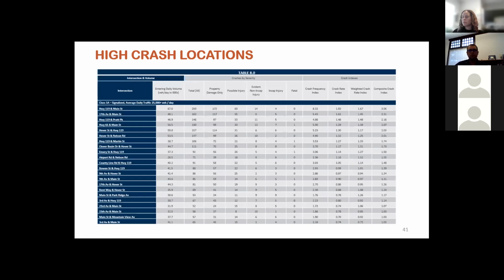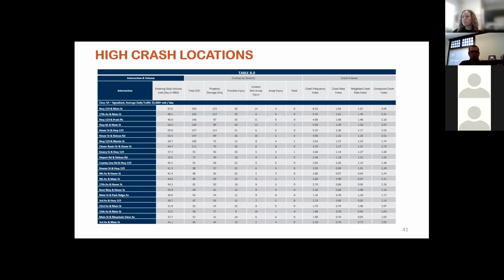Next slide, please. As we do this data analysis, one of the outcomes is identifying our high crash locations. We use a weighted crash index as a screening tool to figure out where we may have problems. We weight injury or fatal crashes more than property damage only crashes. And in the end, we shake out with the composite crash index. These are the high volume signalized intersections. So once we get this list, we do a deeper dive into what may be leading to those crashes or what might be some countermeasures to resolve the crashes we're seeing there.